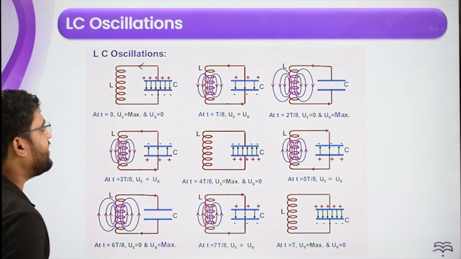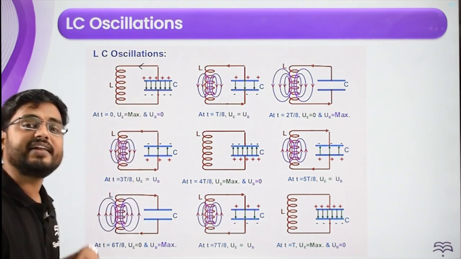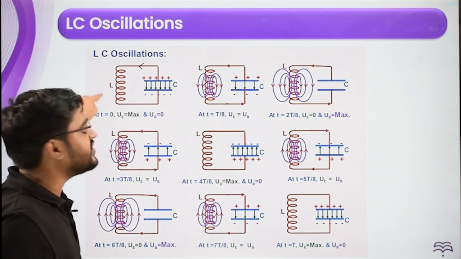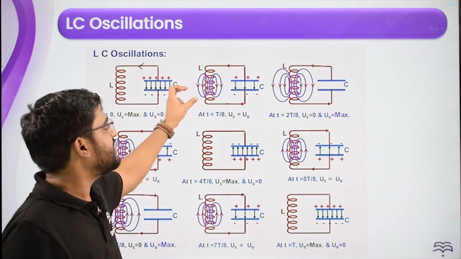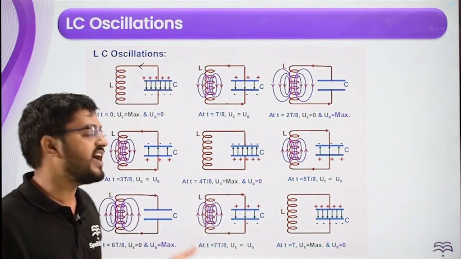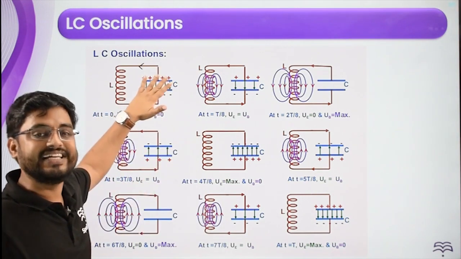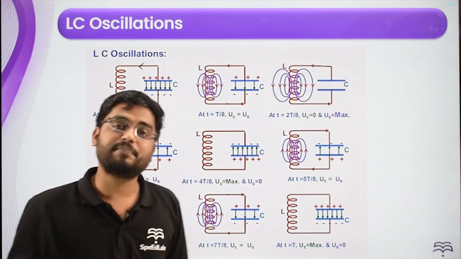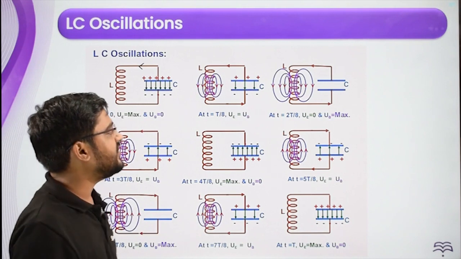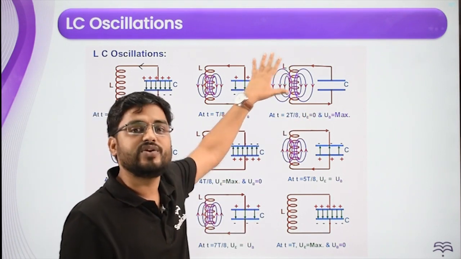At the same time, the current is flowing, and this is a varying current. This is a current, not a constant one. So here, due to change in flux, the magnetic field energy half Li square is being created in the inductor. When this electrical energy vanishes completely, the charge vanishes on the capacitor completely, the capacitor is completely discharged. At that particular time we say that there is maximum magnetic field energy stored in the inductor.